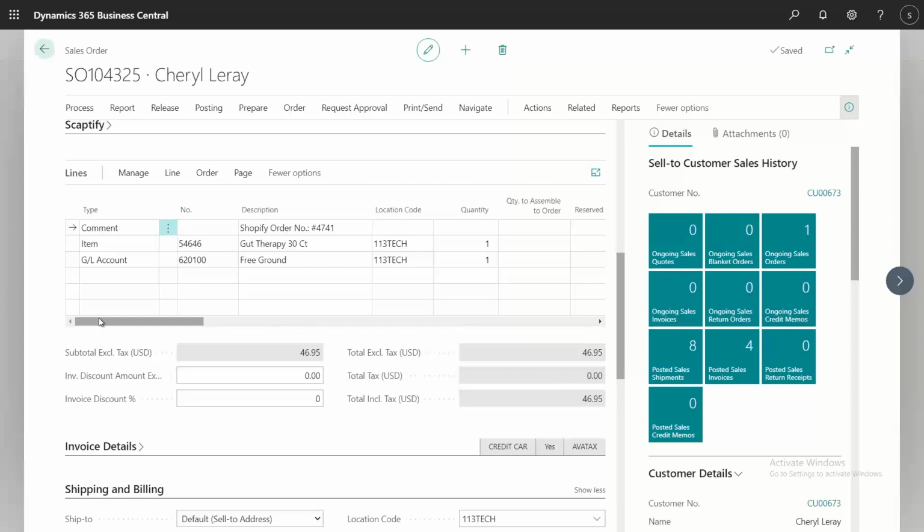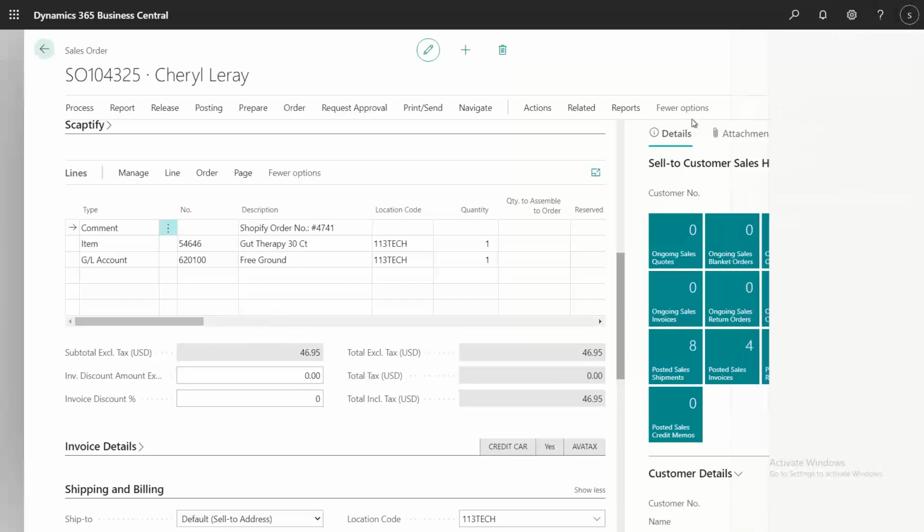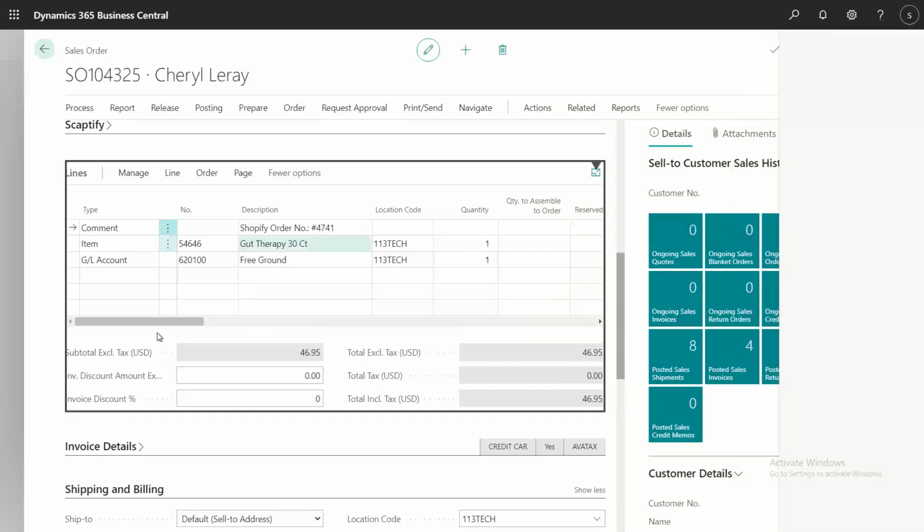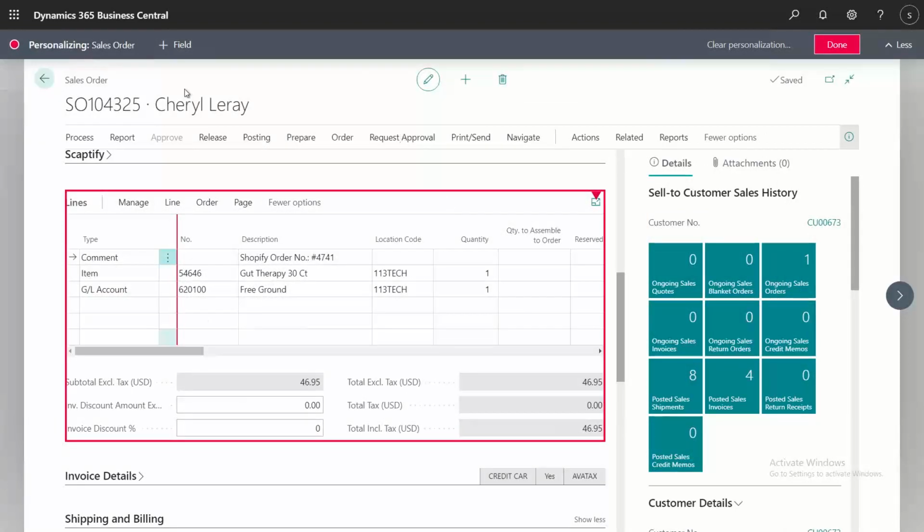Are you using a bin? We are using a bin. It doesn't show it here, but it should come in setup. Okay, so let me check.